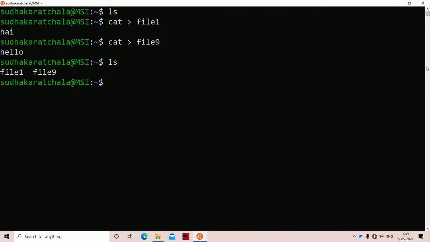Now let us see the advantages of the copy command. The first advantage of the copy command is that it is useful in order to copy the contents of one file to another file. So cp file1 file2. Here the source file is file1, whereas the destination file is file2. Here the destination file doesn't exist in the directory. If the destination file doesn't exist, then a new file will be created with this name